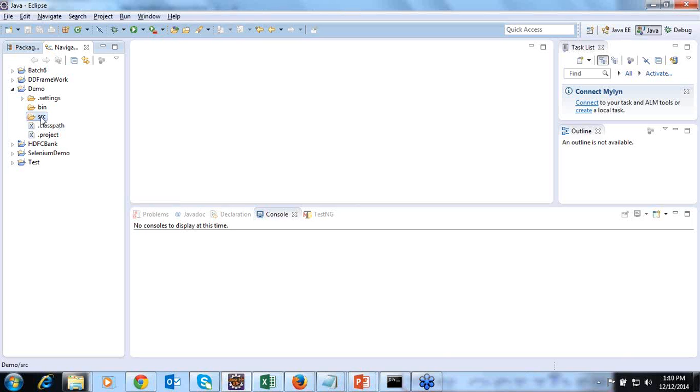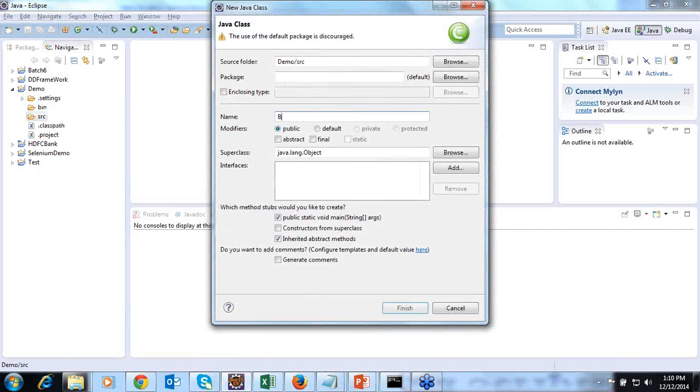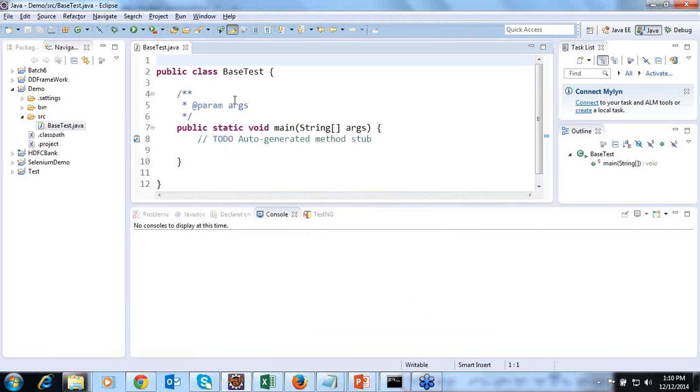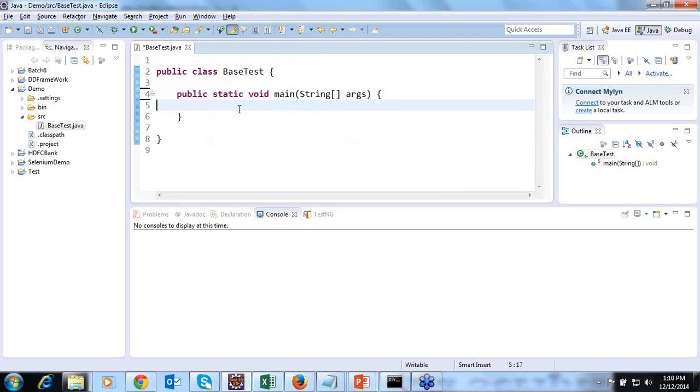To do it, click on the src folder and create a class called BaseTest. Of course, you can give any name. Click on Finish. Now here, if you type the keyword WebDriver, it will start importing. For example, there is an interface called WebDriver.